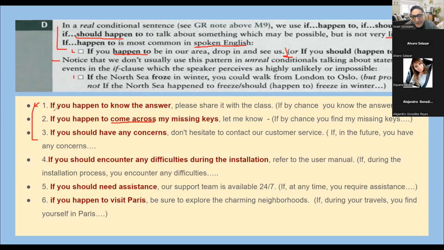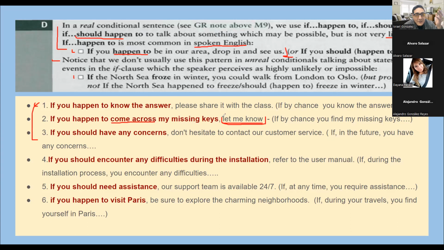So this is an unreal conditional, but we don't use it in the other. You could say, if you see my keys, let me know, for example. But in this case, we don't use another sentence. We just use a command, with no subject. In this case, this is not a complete clause, just a part of the clause. We don't have a subject, but it is still understandable that you are inviting someone to do something for you. So if you happen to see